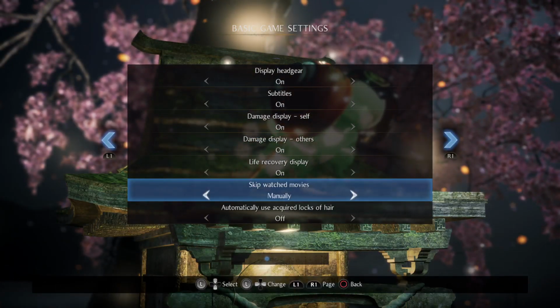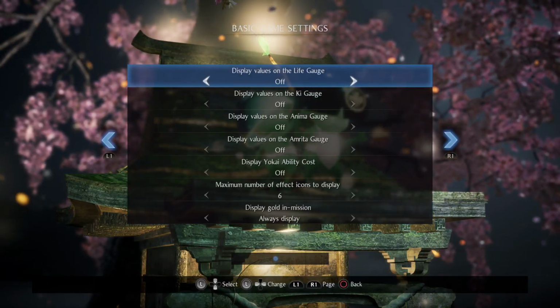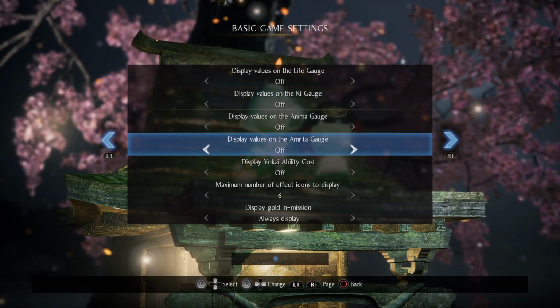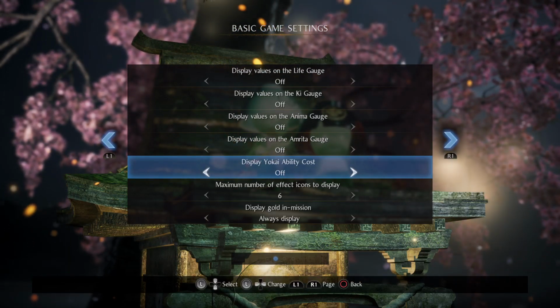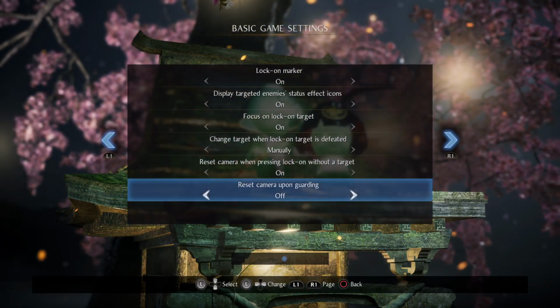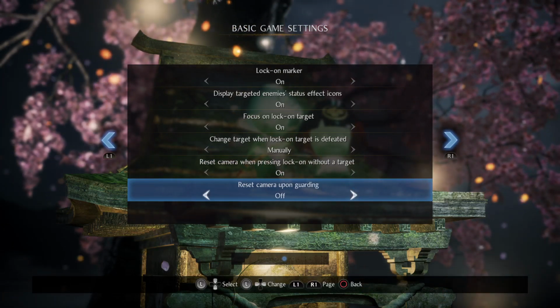Skip watched movies, manually, thank you. Automatically use acquired locks of hair, no, because I'd rather use that. Display values, display Yokai ability cost, display gold in mission, yeah, fine, lock on marker, yes, reset camera upon guarding, well,